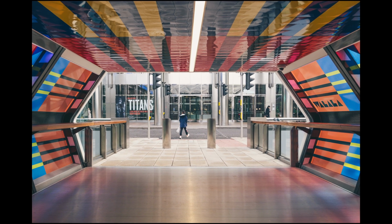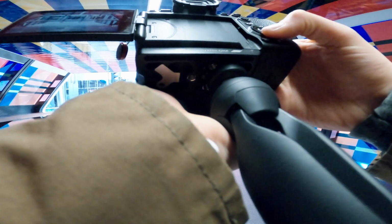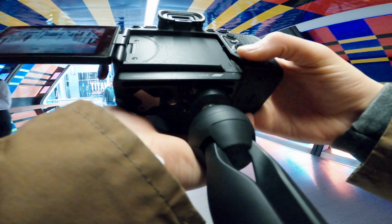There's this colorful tunnel that gets into the business area, which is of course a lot more neutral in terms of colors, and it kind of looked like a portal really. I found it very interesting to photograph. I've also met quite a few other photographers there,